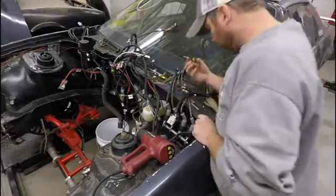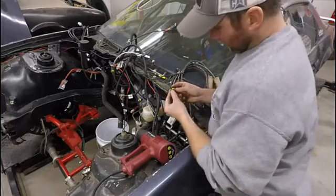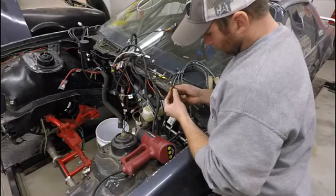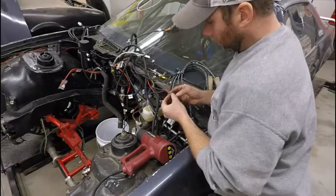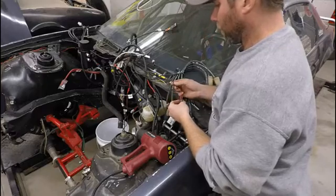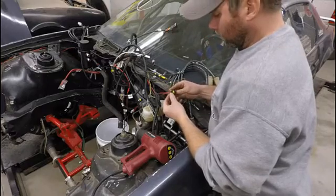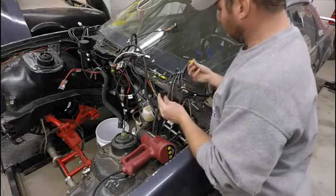Okay, so I tried to manipulate the end here, hoping you guys can see that. It didn't work out. It's been pushed back and forth too many times. So I'm going to go ahead and disconnect it, and I'll resolder it and shrink wrap it up here. So just to give you a walkthrough on how these connectors work, I'll go ahead